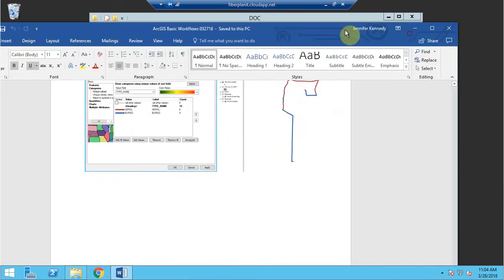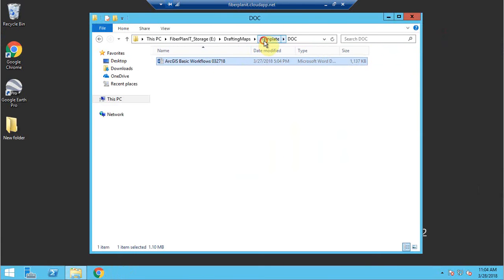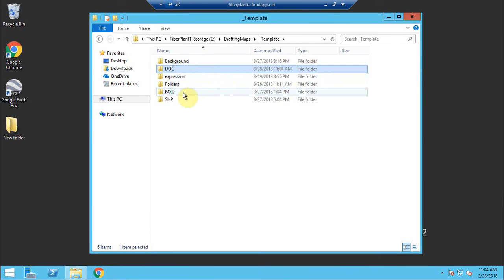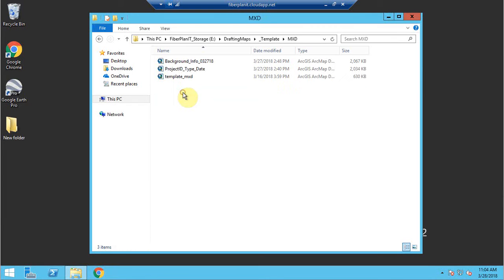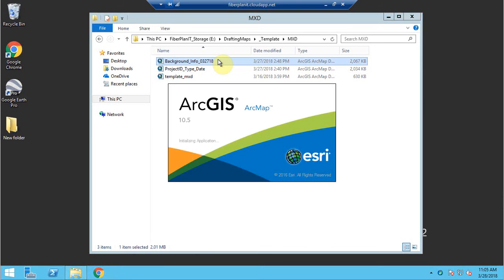I'm going to close out of this. So that is found in template under doc. The first thing, there's 3 different MXDs. MXDs are kind of like DWGs. For right now, we're going to focus on the background info and then the project ID, type, and date. The background info